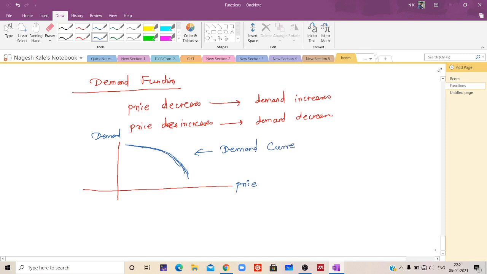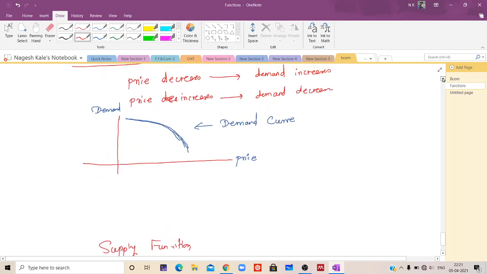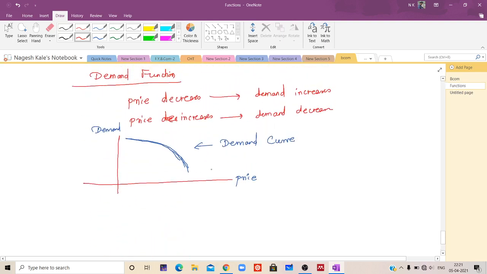Now a similar kind of discussion can be done for the supply function. Now let's talk about the supply function. Before that, let me tell you what the notation for the demand function is. Here, when we take a price and then find the demand, suppose P is the price and suppose capital D is the demand,